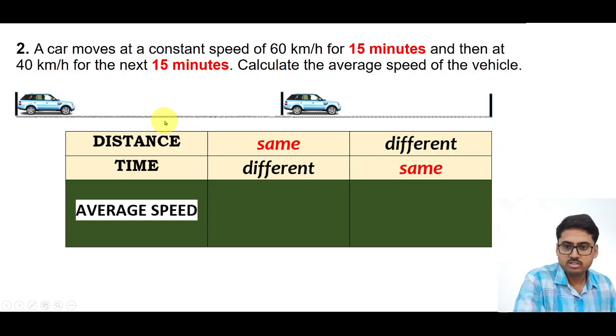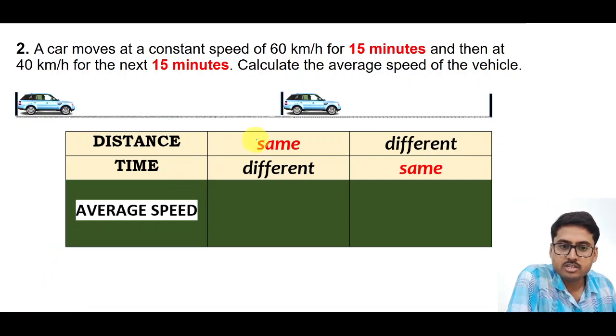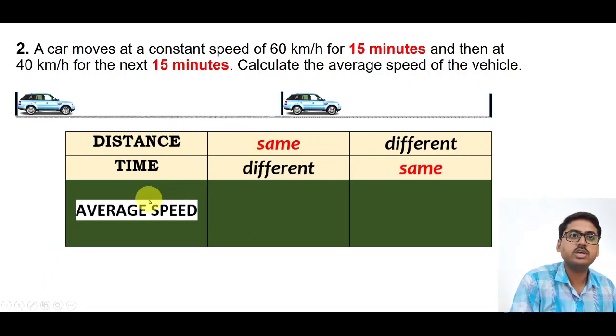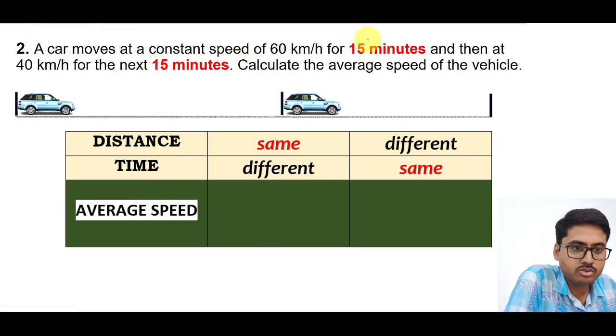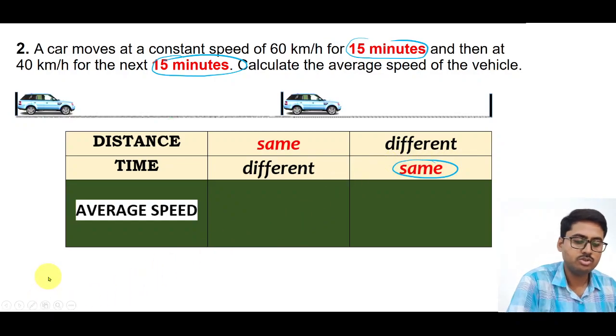And there is a small analysis for you on the screen. You can see either you find that the distance is same or time is same. In that case, we have a shortcut formula that can be applied. So in this particular question, you have got 15 minutes, and 15 minutes means time is same. So if time is same, you are free to apply the formula, that is x plus